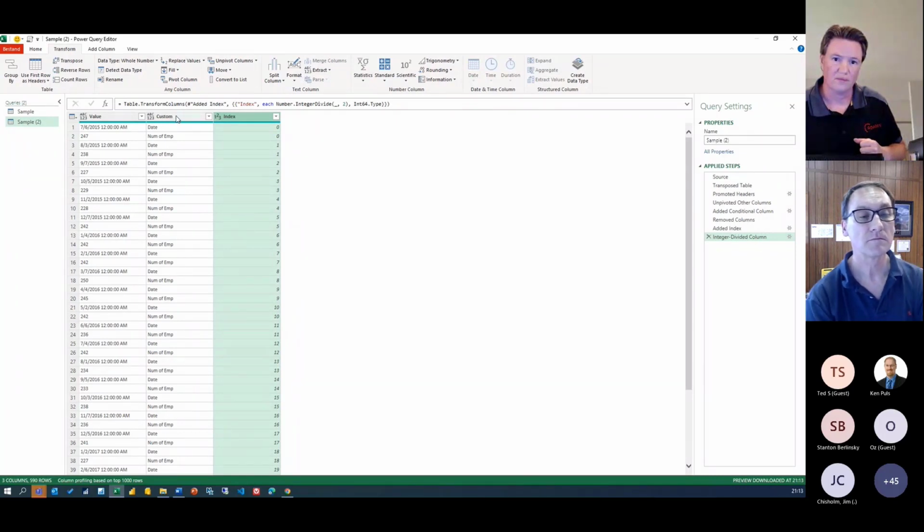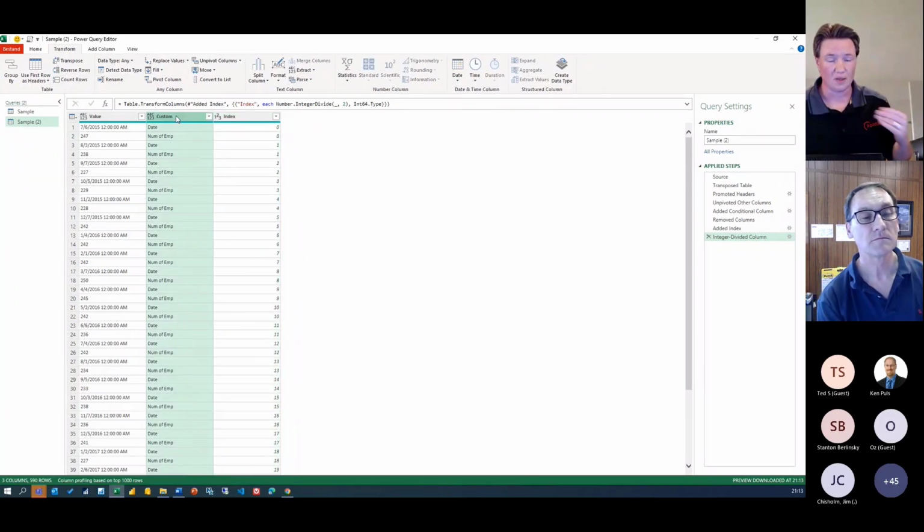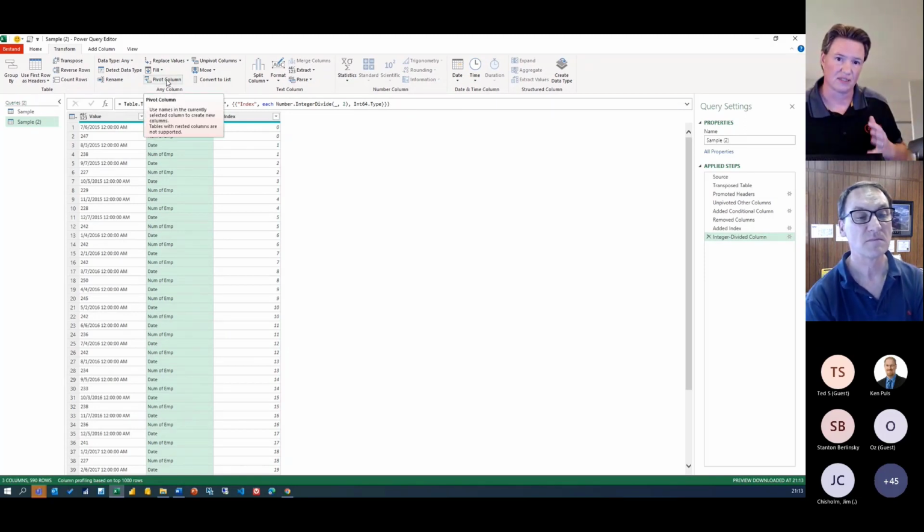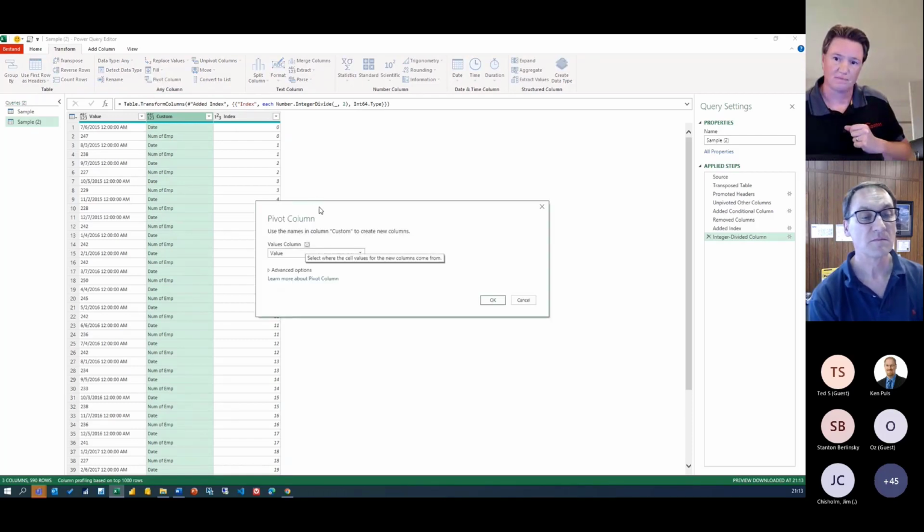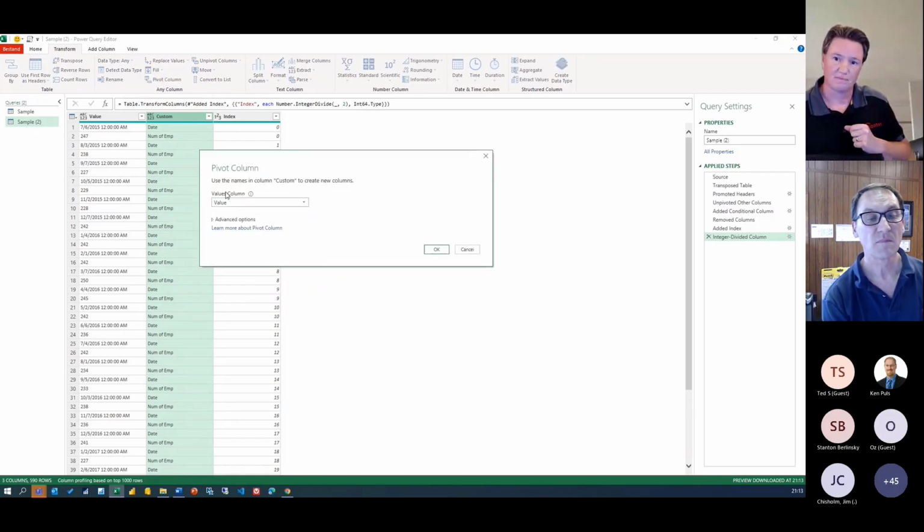I can select my custom column to unpivot this data. So I'll select, or pivot I should say, I select pivot column. It suggests the value as the value column, so that's correct.